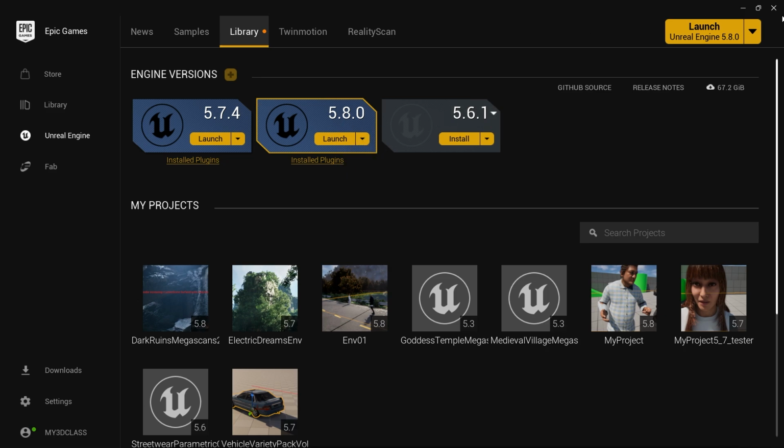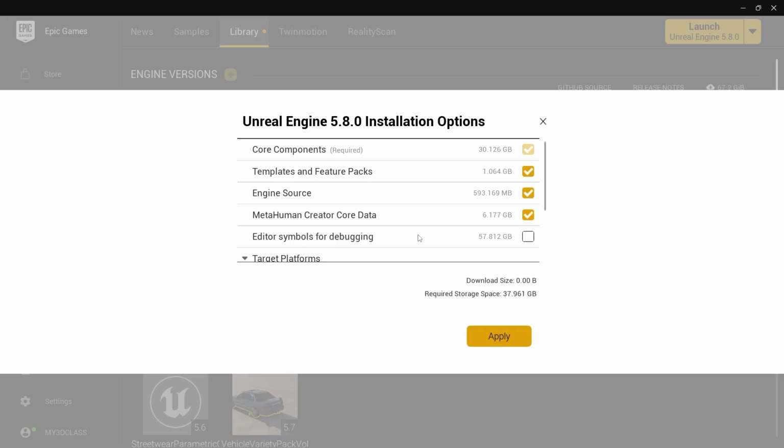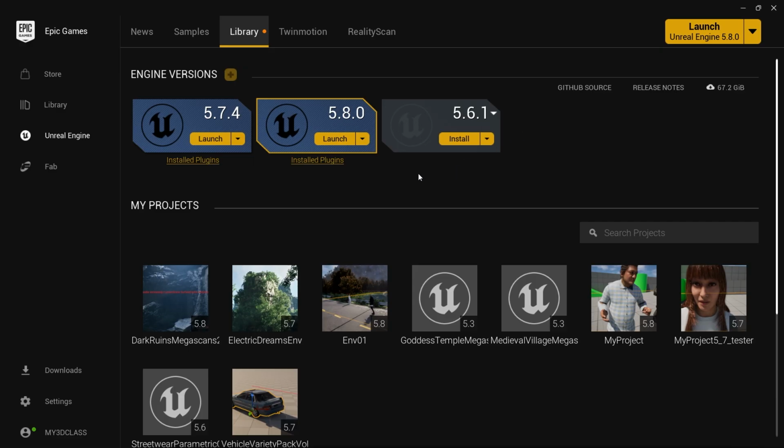After installing, close this launcher, reopen it, then go to this drop down menu. Go to this option, and then install this MetaHuman core data and apply it. This is 6.1 GB, and you need to wait for it. That's perfect. After installing, you don't need to do anything, just press this launch button and it will be